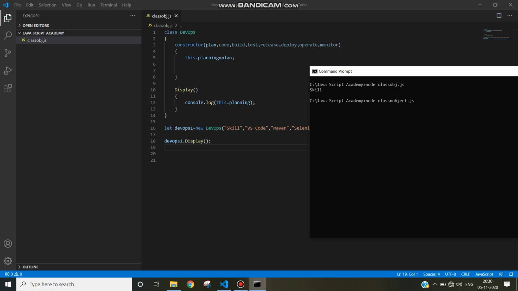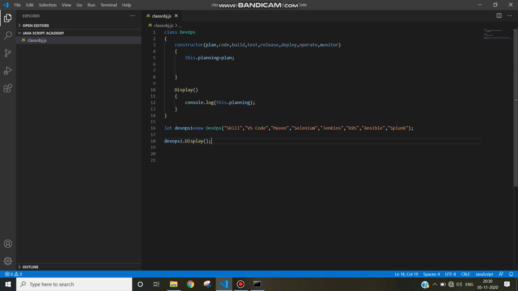So what is the name? Node, and name is class object dot js. Then skill is coming.